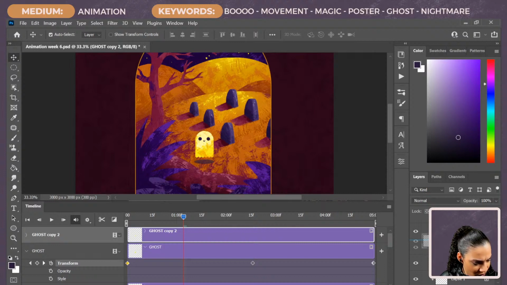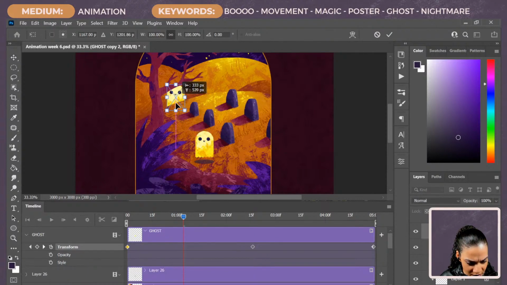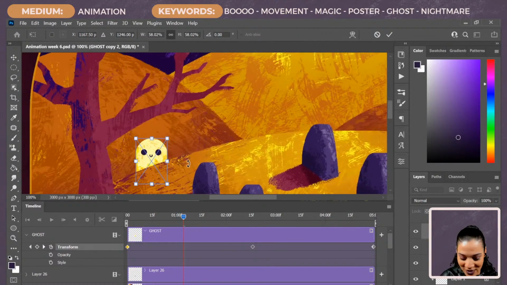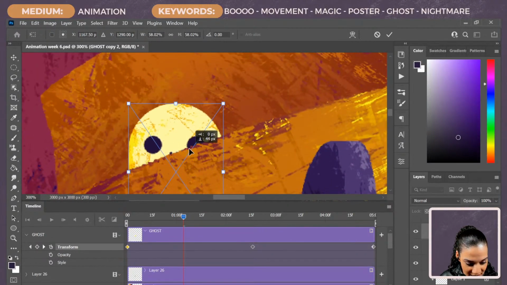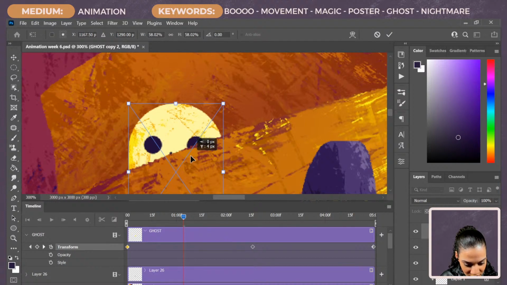Here's the thing, with all these being clipping masks though, I don't know how this is gonna work. Let's see. Oh yeah, it works. Okay, so let's make him smaller. Okay, we're gonna put a little quick ghosty back here. Let's zoom in, and we're gonna have him peeking. Okay, like that. Actually, we're gonna have it like this.